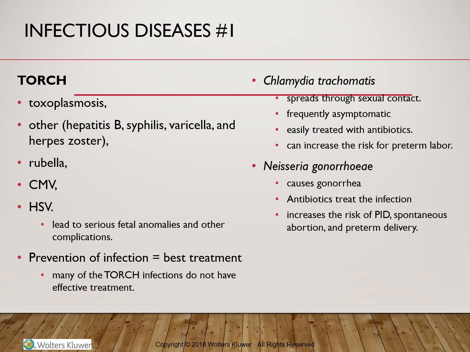Untreated gonorrhea may lead to PID, infertility, and ectopic pregnancies due to scarring of the reproductive tract. Untreated infection with gonorrhea will increase the risk for preterm labor, with an increased risk for the newborn for infections of the eye, ophthalmia neonatorum, and newborn blindness. That's why newborns will receive prophylactic ocular treatment within 1 hour after birth.